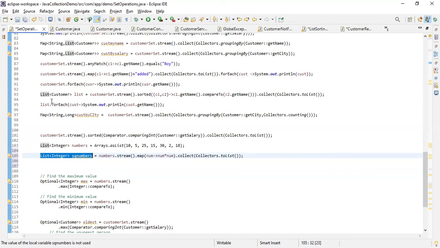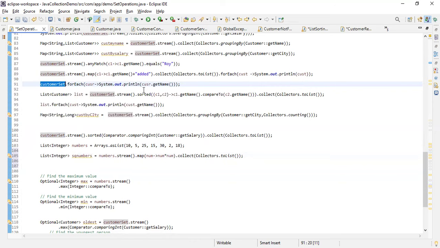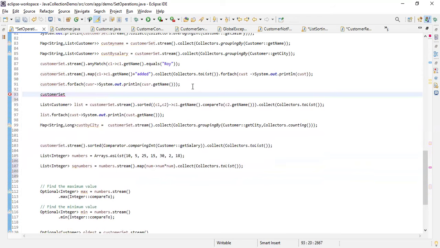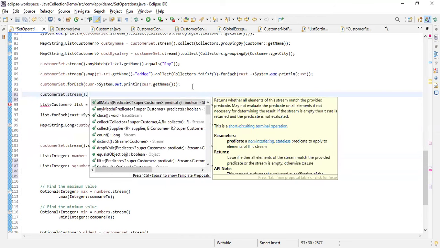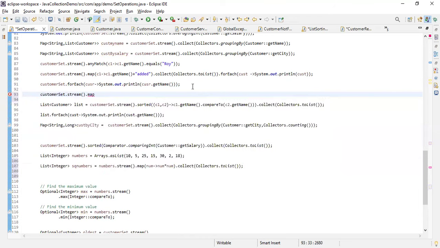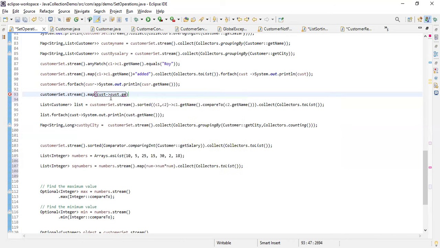correct? So for this customer set here, if you just want to use a map operation, you say .stream().map(), and in that scenario cust.getName().